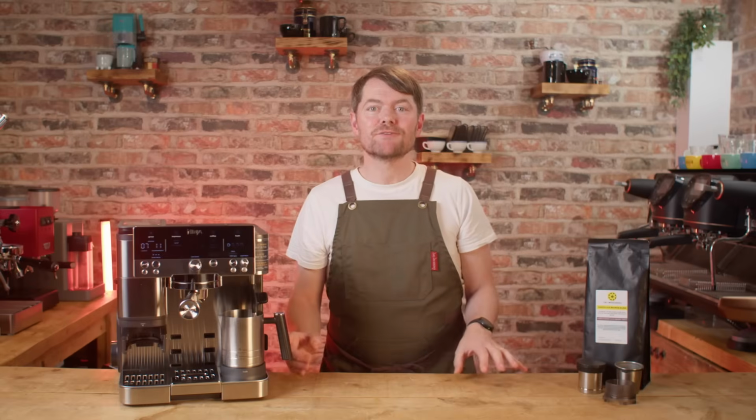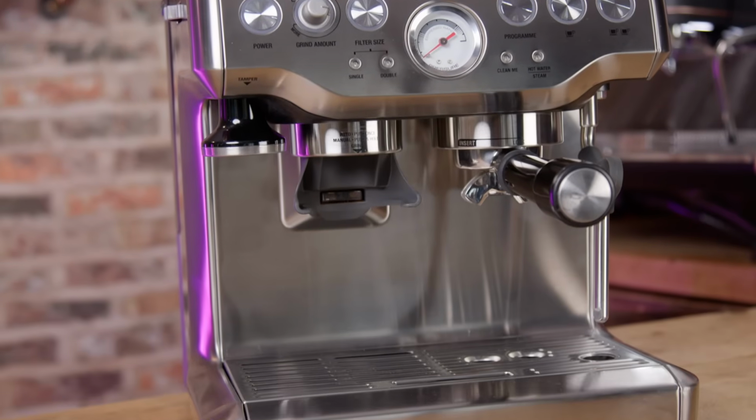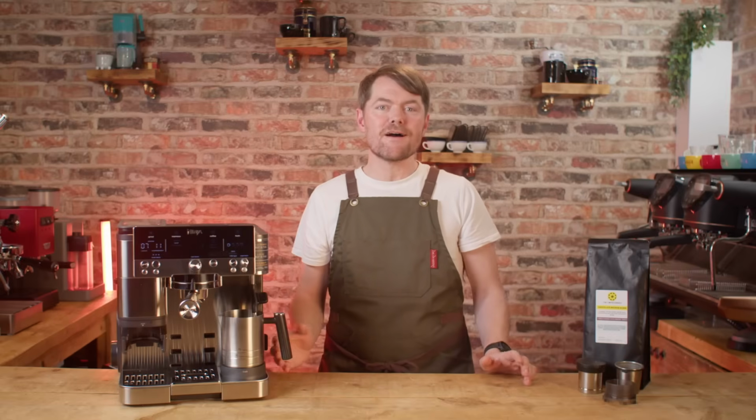Is this better than the Sage Barista Express? I'm answering this question as it's the one people are asking, and the answer is no. It's not really a valid question. These are hugely different machines. I think it's the obvious comparison because they're closest in terms of price, but these are far too different to